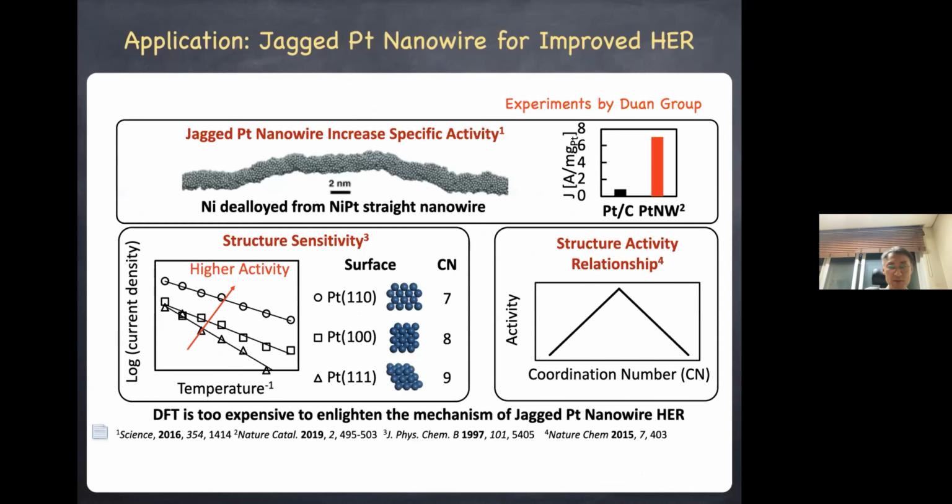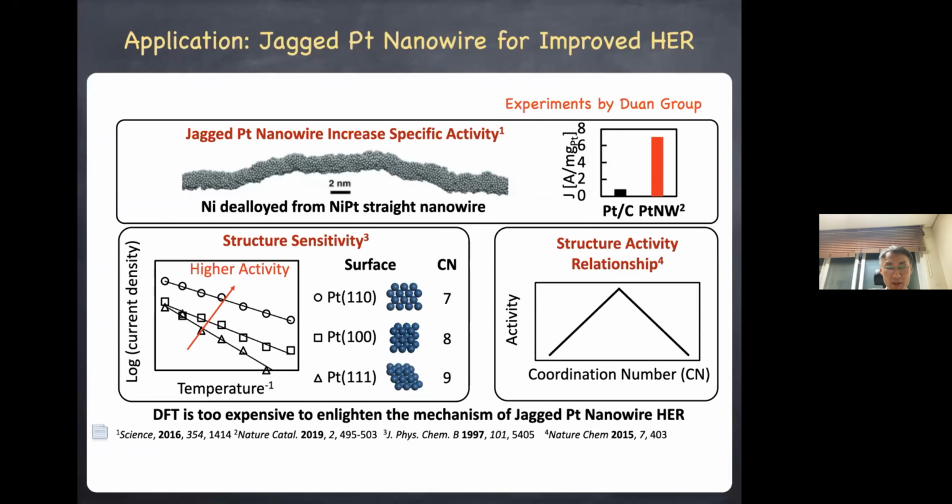In fact, the motivation of our working on this subject was to study this kind of system. This is a jagged platinum nanowire, which has been synthesized by the Yu group at UCLA. They started with a nickel-platinum straight binary nanowire, and then they de-alloyed the nickel atoms, so they were left with only platinum atoms.